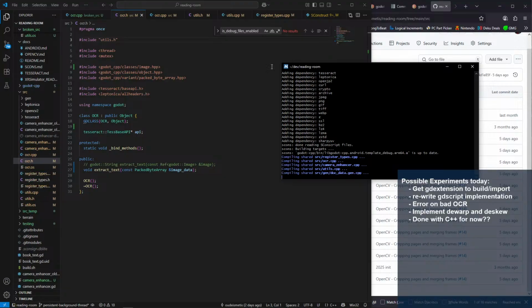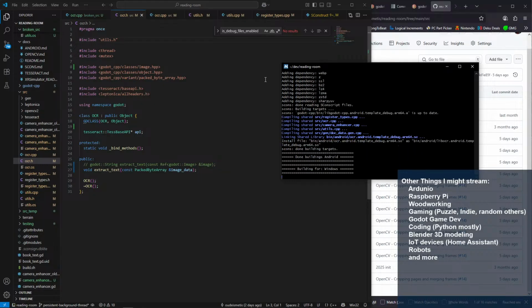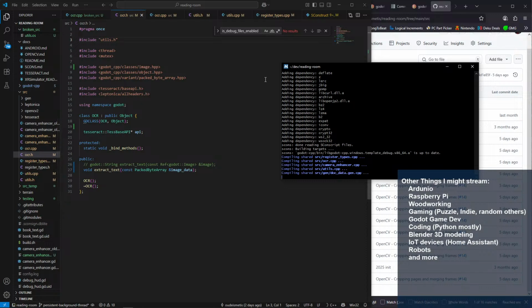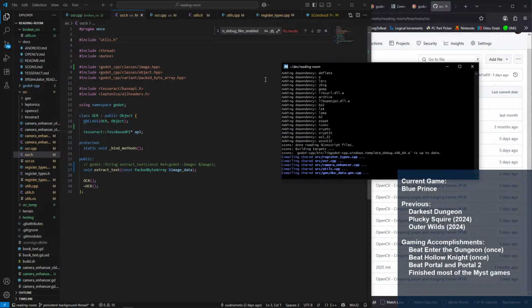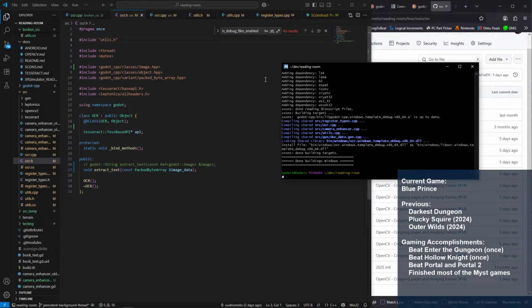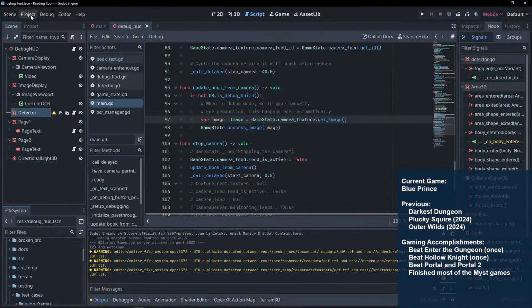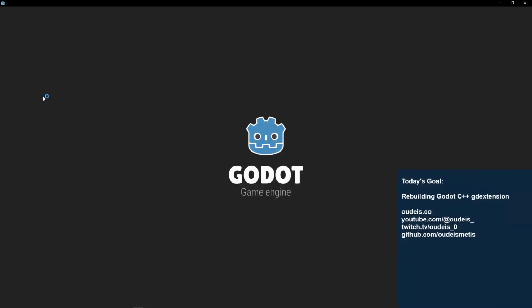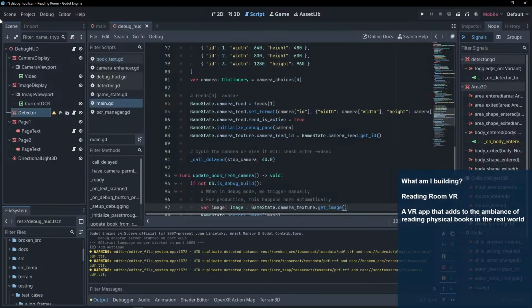All we're doing is importing the file now. Not a problem so far.